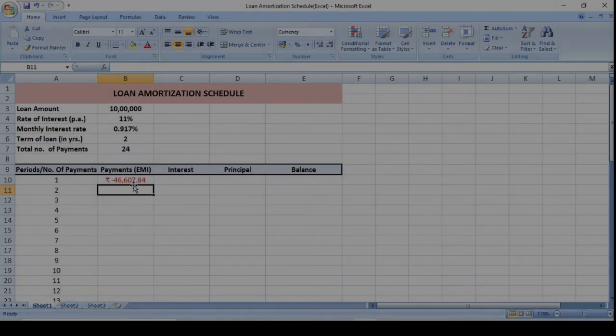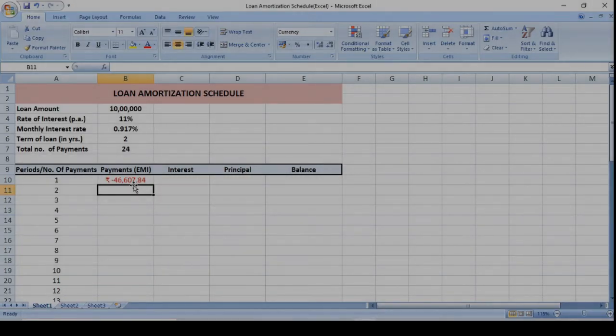As we can see, the EMI is coming out to be 46,607.84, and you can notice here the amount is negative. As it is an outflow of cash, that is why this amount is in negative terms, and we are preparing this loan amortization schedule keeping in mind the borrower. If we are a lender and we are interested to prepare the loan amortization schedule for any customer, then in that situation we will have to take the amount of the loan or the present value of the loan